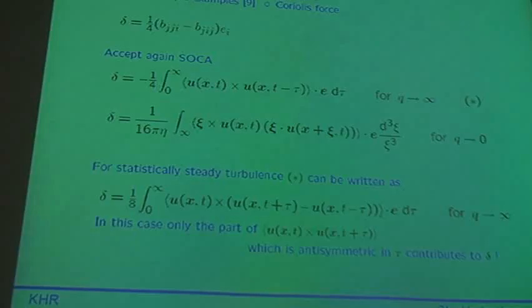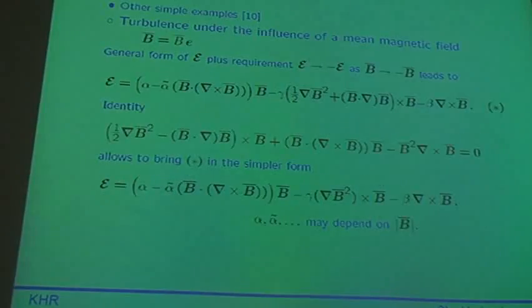You can calculate these coefficients, and I will return to this when I speak about dynamo models, because this omega cross J effect is important for dynamo models. Okay, third example, turbulence under the influence of a mean magnetic field. If you take the formula which I delivered and you interpret E as the direction of B bar,